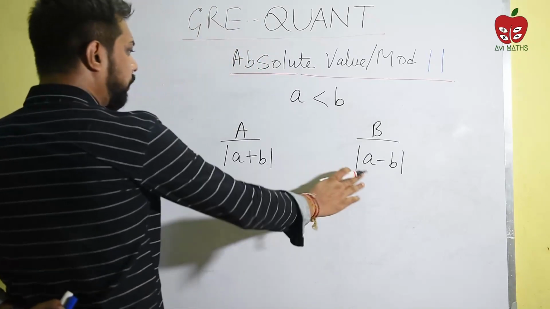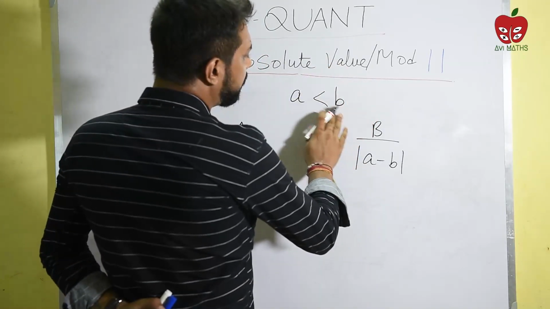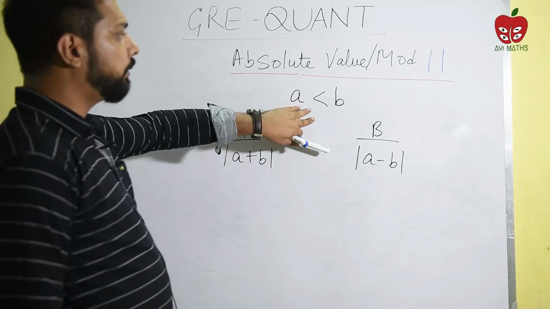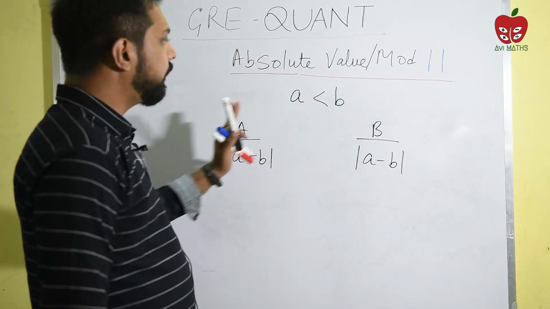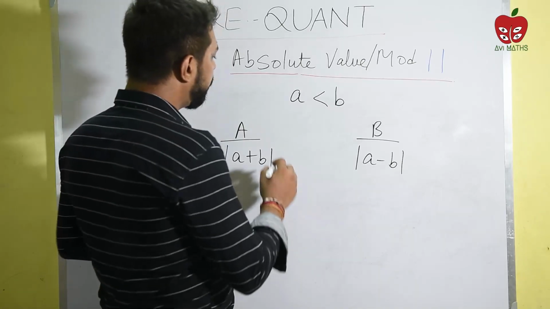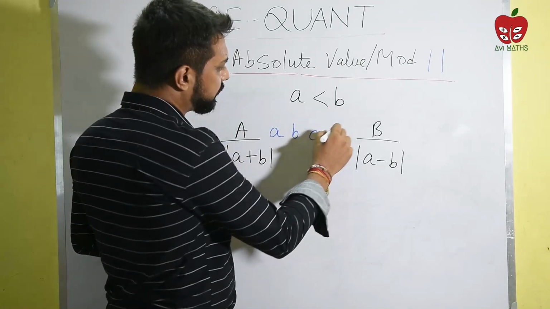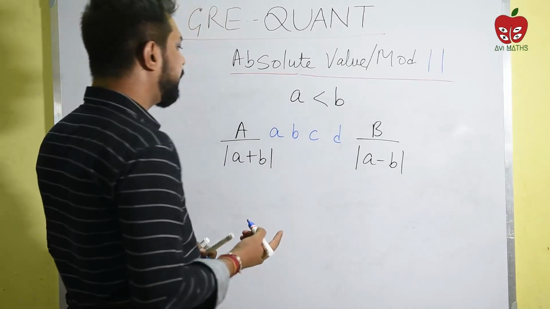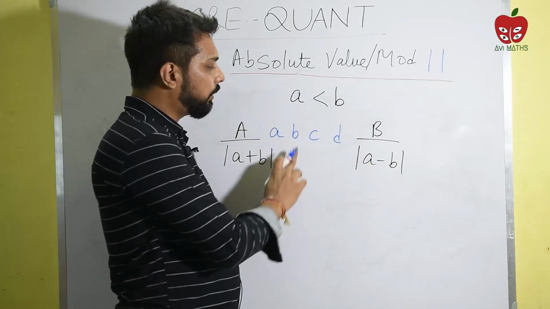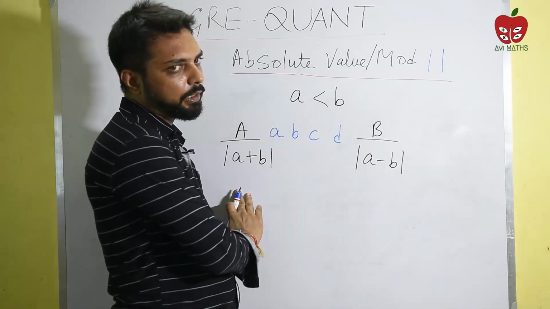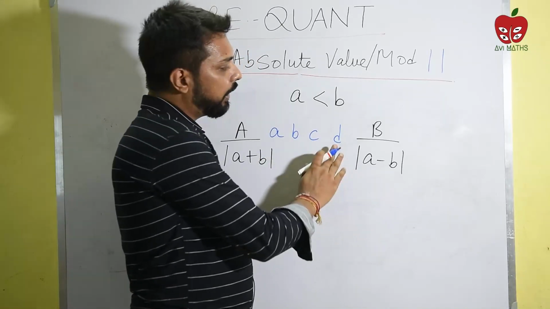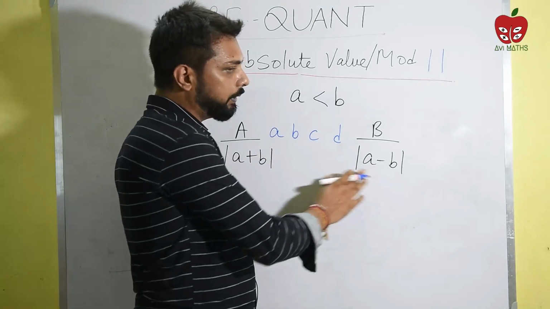That means we have to compare these two quantities, and we have to consider that B should always be greater than A. So you have to write it this way. Whatever the given thing is, you write it here, quantity A here, and quantity B here. This is the structure you have to follow, and in between you write your four options: option A, option B, option C, and option D. Let me reiterate quickly. Option A states that quantity A is greater than quantity B in all cases. Option B states that quantity B is greater than quantity A in all cases. Option C states that both are equal. And option D states that there is no relationship between A and B.